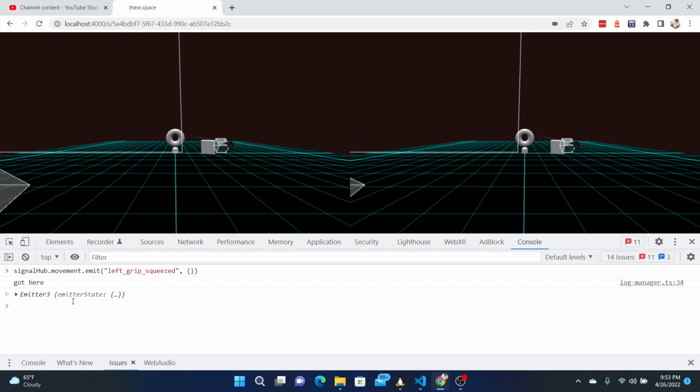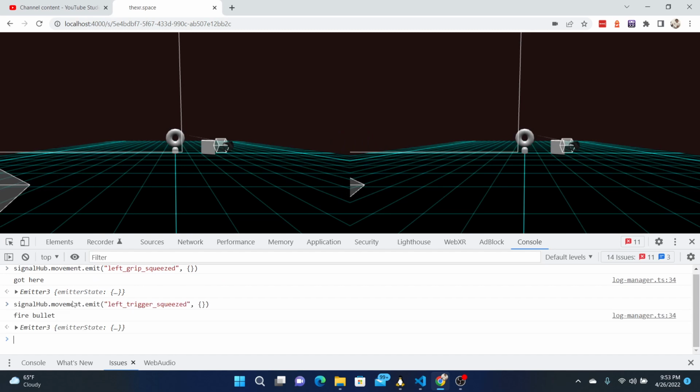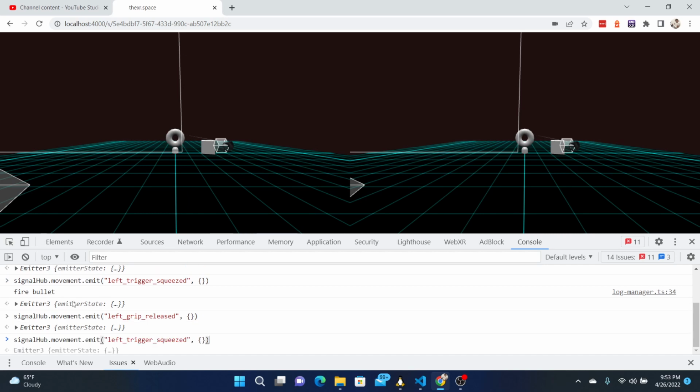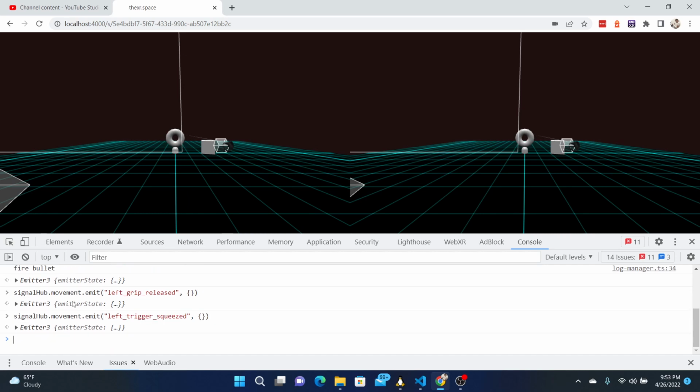Grip squeezed, left trigger, and then left grip released. If I trigger again, it doesn't do anything. Right, so that does what I want,